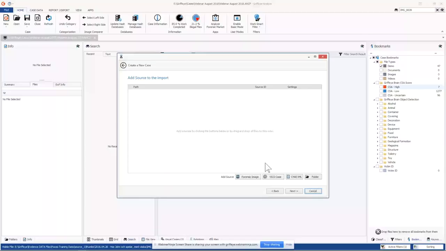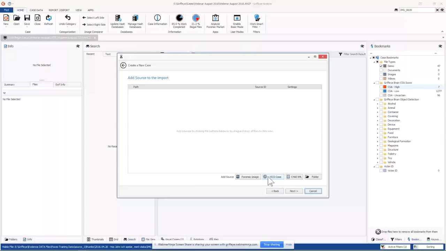Okay. So because people were asking questions, you can bring in several different sources into this software. You can bring a forensic image, any of the open source forensic image formats, including E01s, ISOs, bins, DDs. It does not carve. Realize it does not carve those images. You can also bring in a VICS case or a JSON exported case from whatever software tool you use. You can actually export from Griffeye Analyze a VICS case that contains all the media and all the file information and bring it into another installation.